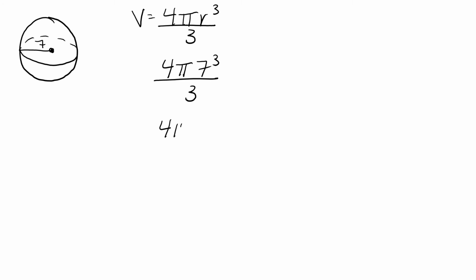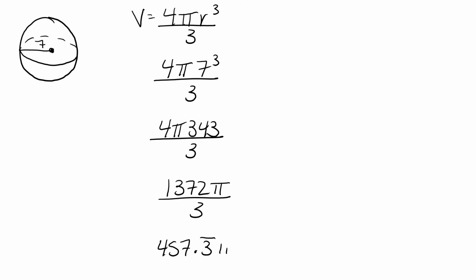We're going to use our formula, V equals 4 pi r to the third power divided by 3. We start by plugging in our radius, which is 7. 7 to the third power is going to give us 343. We jump over pi and multiply by 4 to get 1372. We divide that by 3 to get